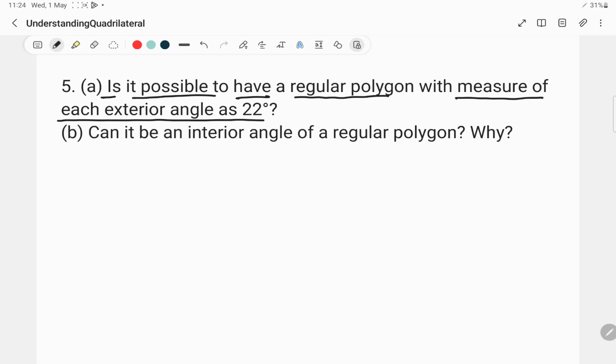Very simple, students. So again we will put this in the question. It is equal to the number of sides we calculate. How? By just putting in the formula, 360 degrees upon 22 degrees. Now if we calculate this, what will happen? It will come